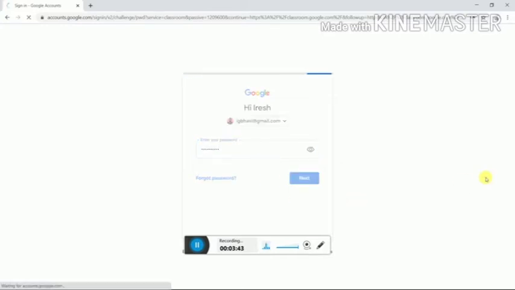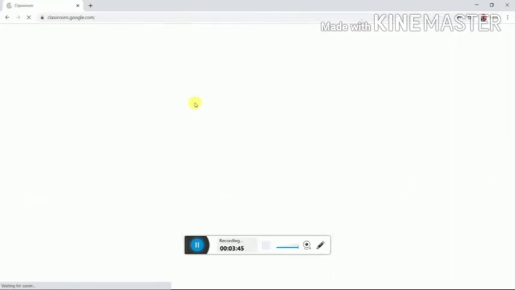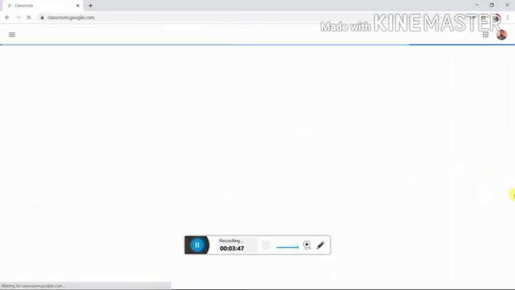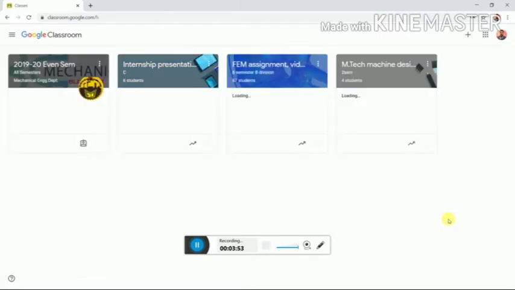Once you log into your Google Classroom account, the first time you log in, it will ask whether your role is as a student or as a teacher. Then you have to select appropriately. Suppose you are a teacher, just select the role as a teacher. Then you can select any of your Google themes also.